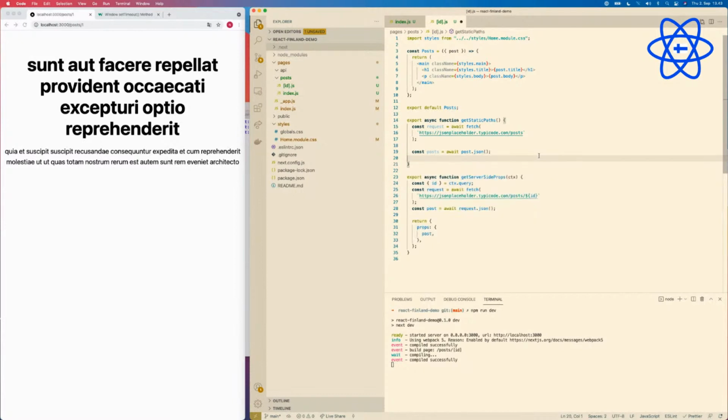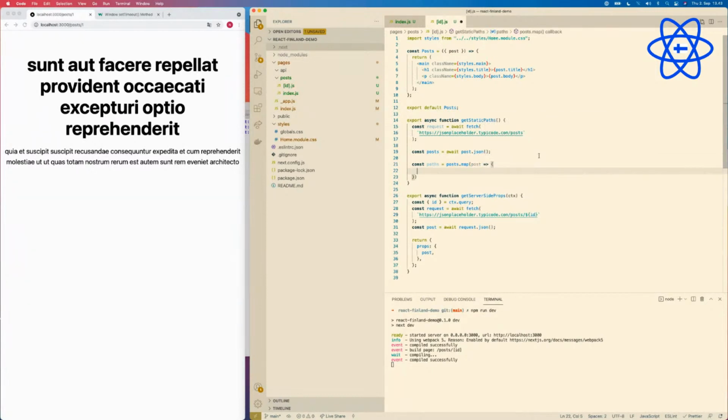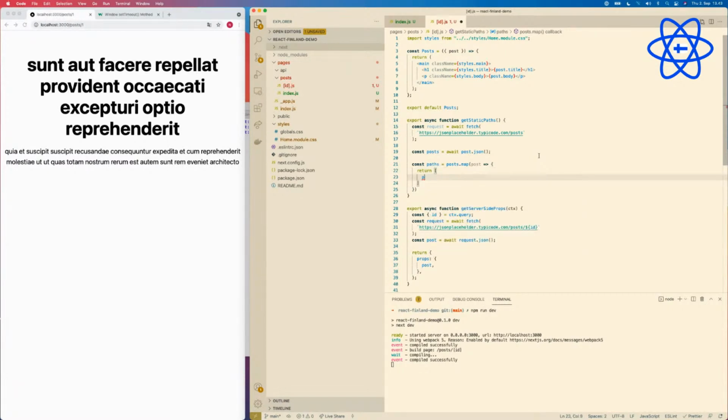Const paths equals, and paths will be basically posts.map, post, and then here we are going to be returning params, and that's going to be the ID of the post that we want to build the page for.